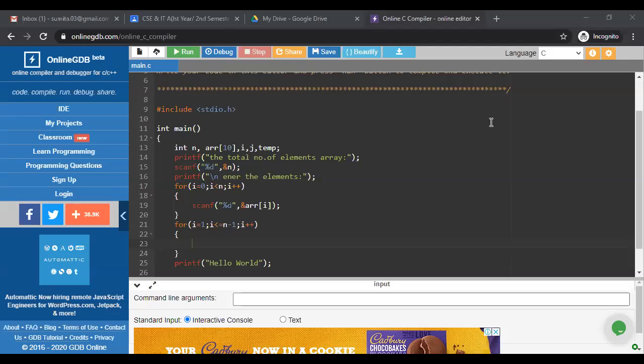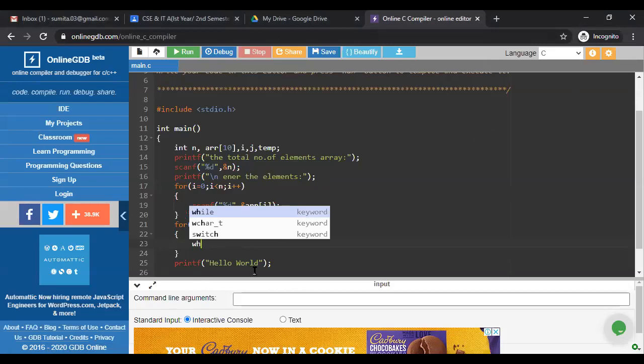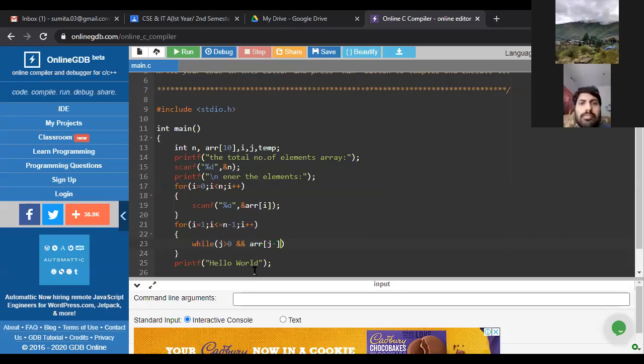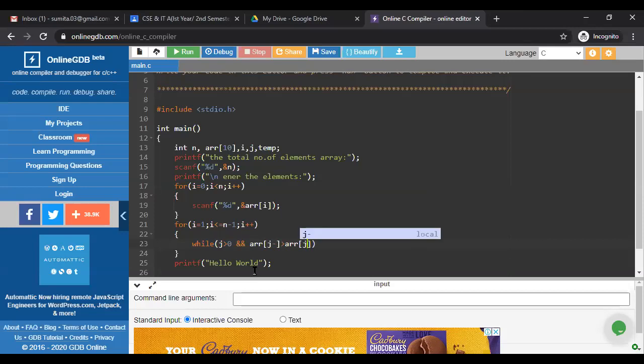So I'm going to write here: while j greater than 0 and double ampersand j minus 1 greater than arr[j].